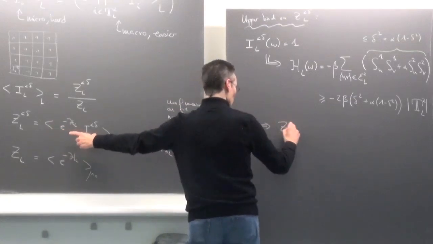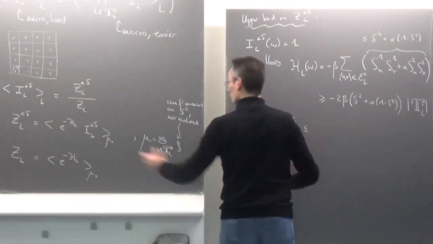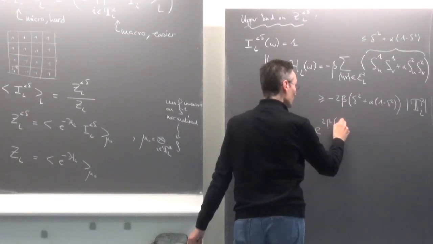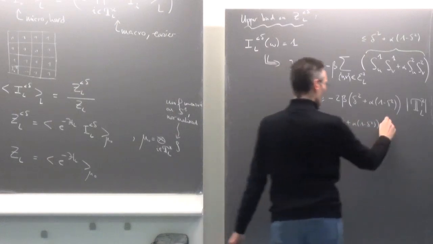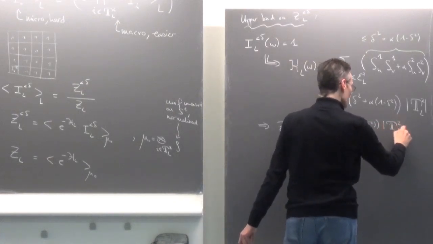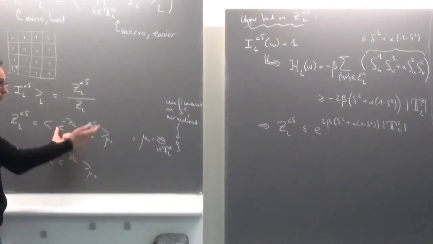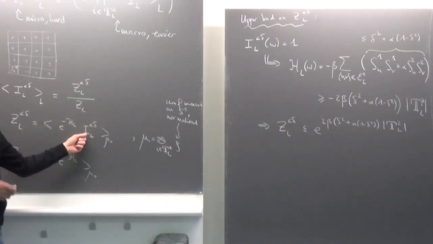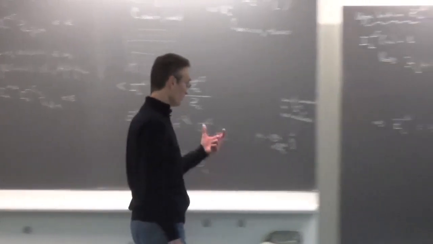So this implies that this partition function, ZL smaller than delta, this is smaller than, so this e to the minus H, I bounded by that, so it gives me e to the 2 beta delta square plus alpha 1 minus delta square, times the size of T12, right? Then this does not depend on the spins, on the configuration, so I can take it out of the expectation. Then I get expectation of some event. This is a probability smaller than 1, so I can just forget it. And I get this bound. So this gives me the upper bound I want on the numerator.